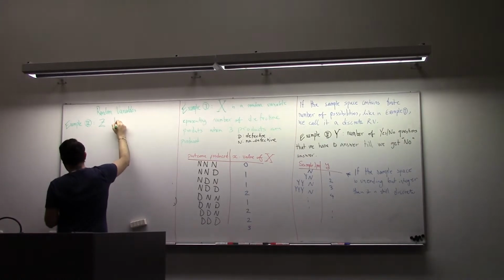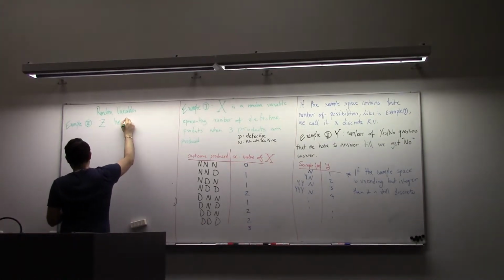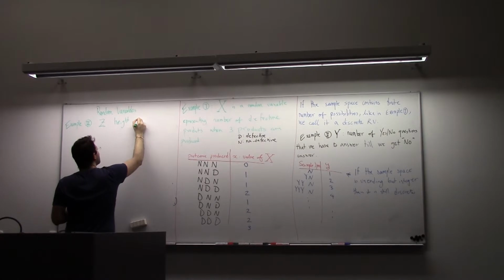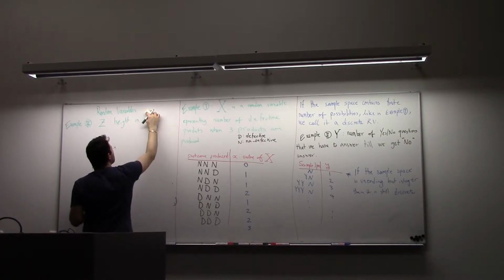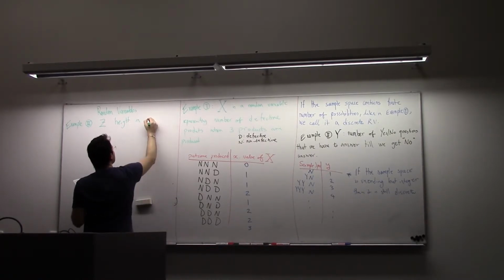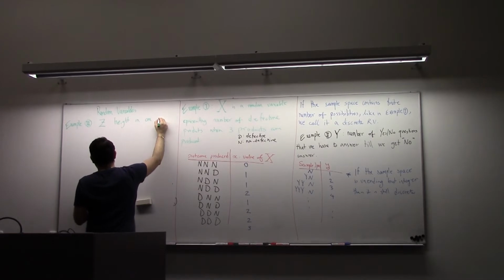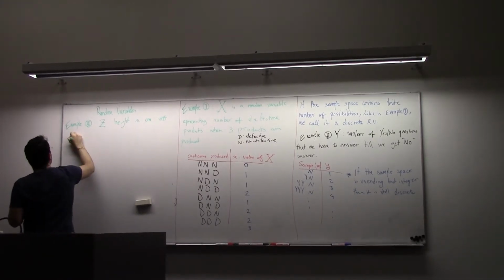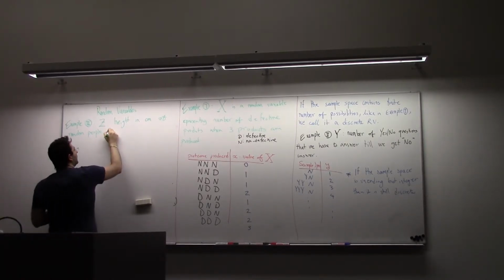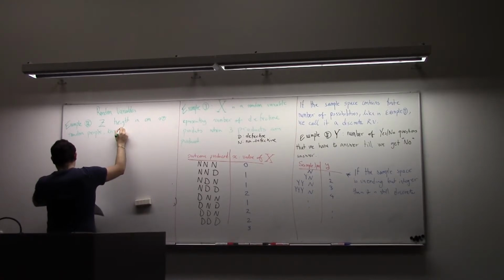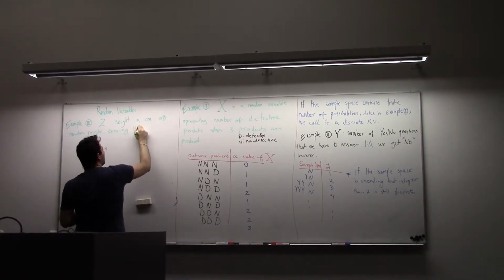Z is the height in centimeters of random people. Knowing that minimum,